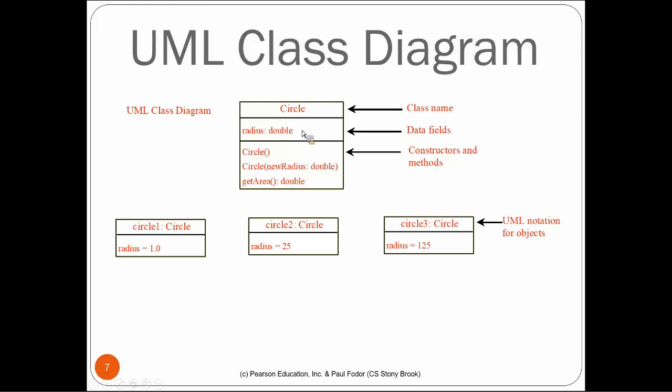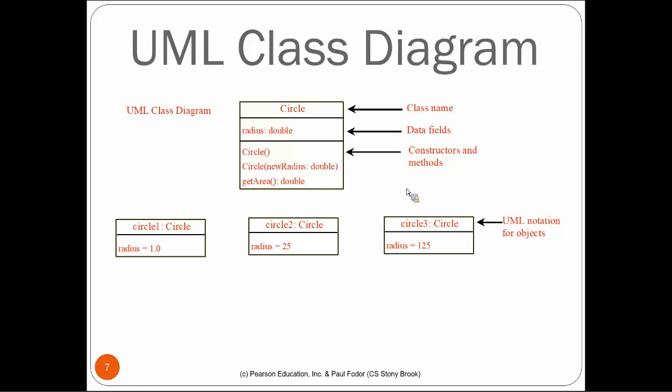The data fields usually are private, and that can be symbolized with the sign minus in front of the data field, followed by the constructors and methods in a separate rectangle, which contains the constructors first and then other methods. Again, we will have plus for public and minus for private to symbolize the visibility of each one of the